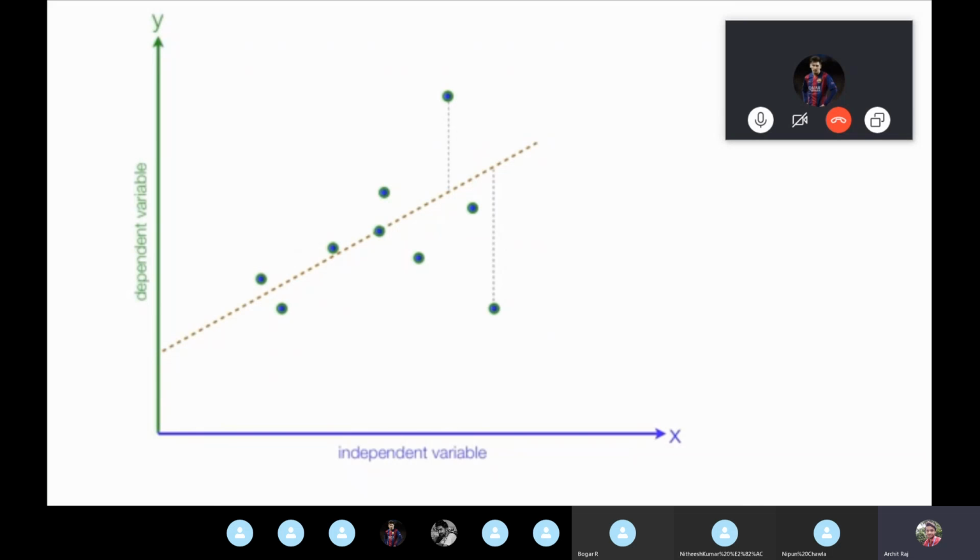So what we're going to do is find all the points and their errors, and try to minimize that error. Now how exactly you minimize that error is a completely different topic, gradient descent, like how you get the data and try to minimize it. You can see all the actual points, and the points which the line is telling, which are the predicted ones. So the distance between them will be your error.